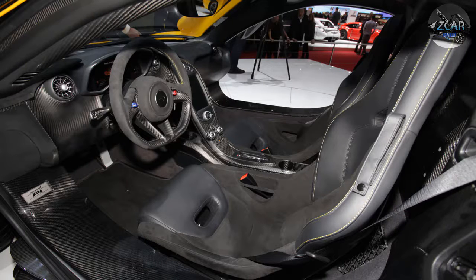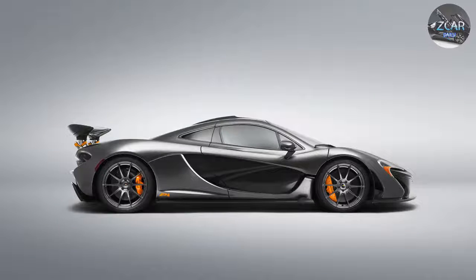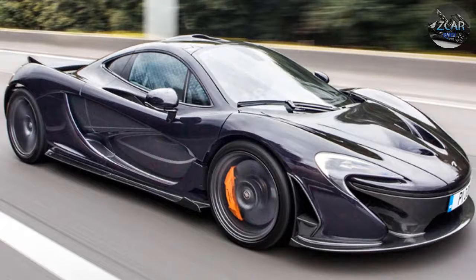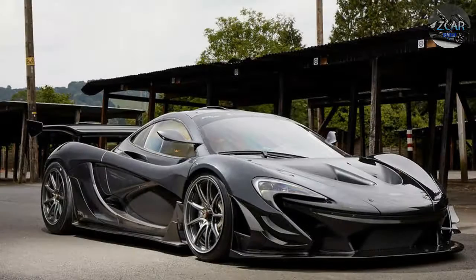The system's 903 horsepower total output spins the rear wheels through a 7-speed dual-clutch transmission. With production limited to 375 cars, priced at a cool £866,000, roughly $1.3 million a piece, the P1 promises to achieve the mythic status of its vaunted predecessor, the 1992-98 McLaren F1. The P1 is a completely different beast to its iconic predecessor, the F1, but where the F1 shunned